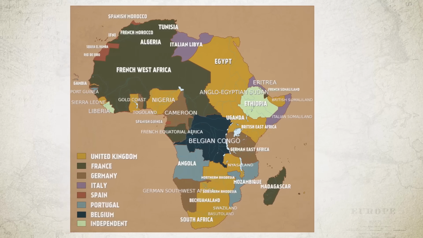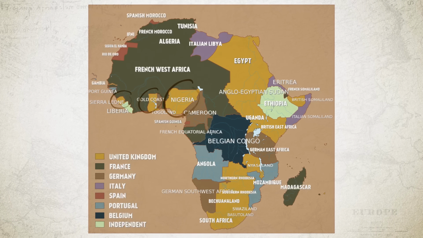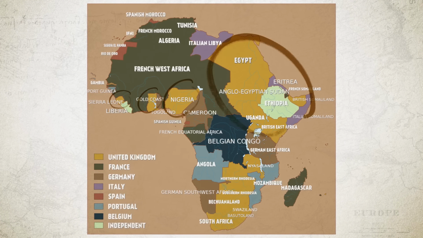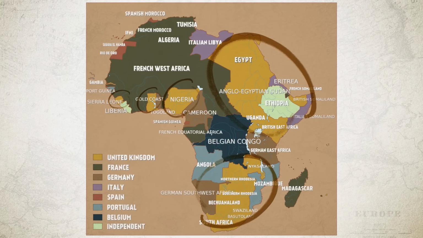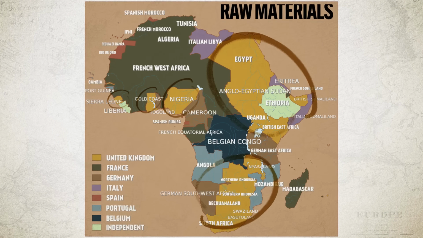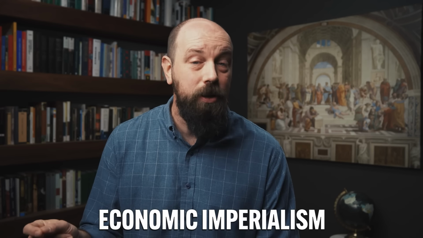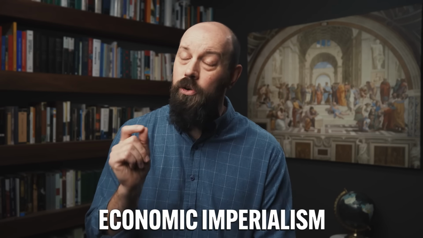And starting in this period, the British colonized a few places in West Africa and then a huge swath of territory right down the eastern side of the entire continent. In Africa, the British were mainly interested in gaining access to raw materials like coal and oil and copper. The British also turned their imperialistic gaze upon China, but in China they engaged in economic imperialism rather than political imperialism, and the story went a little something like this.